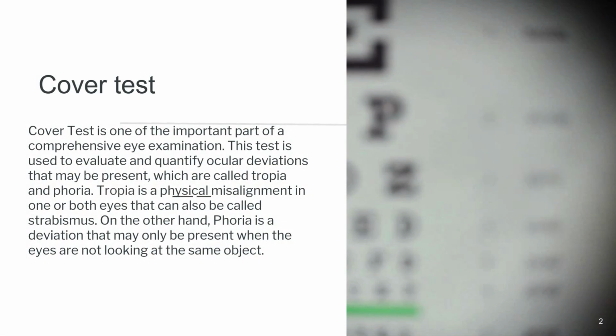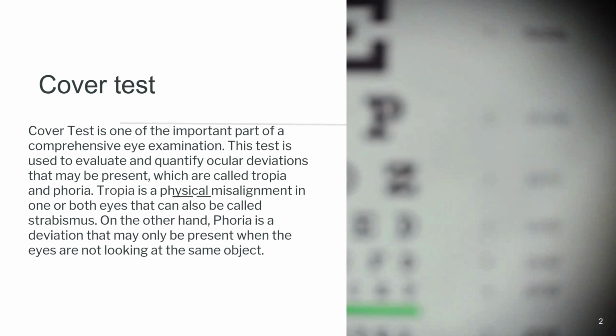Cover test and prism cover test. Cover test is one of the important parts of a comprehensive eye examination. This test is used to evaluate and quantify ocular deviations that may be present, which are called tropia and phoria. Tropia is a physical misalignment in one or both eyes that can also be called strabismus. On the other hand, phoria is a deviation that may only be present when the eyes are not looking at